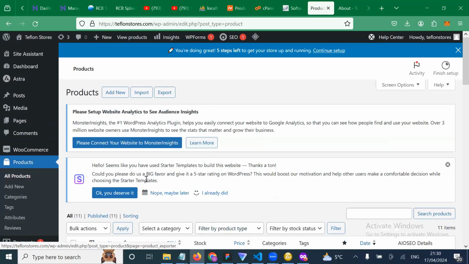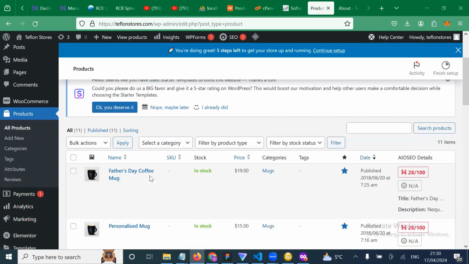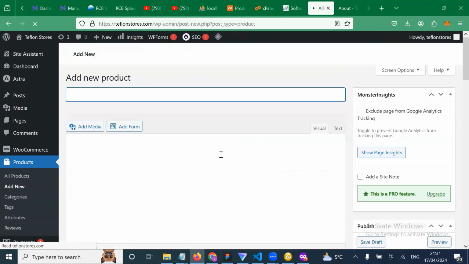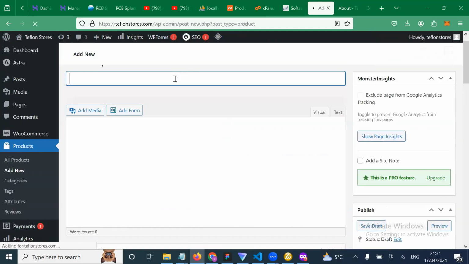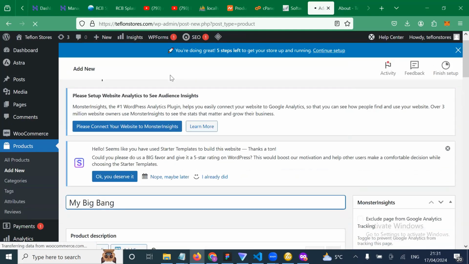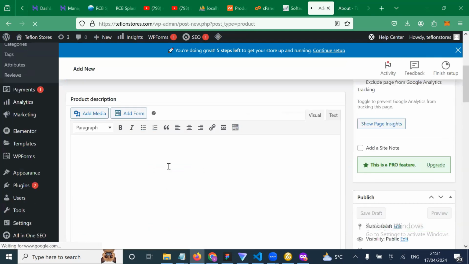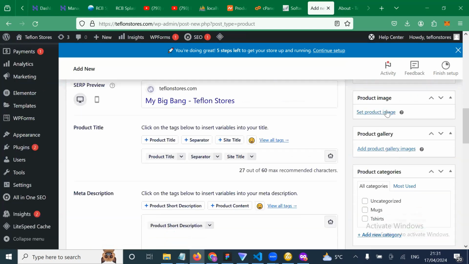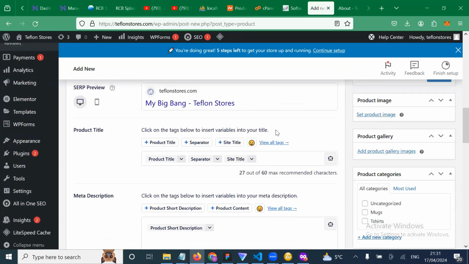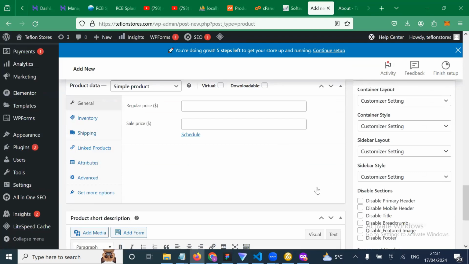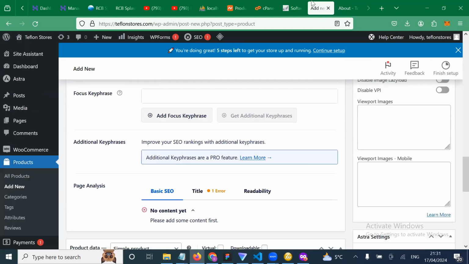So if you click here on add new products, you can put the product name here. Let's say my big bang. So this is the product name. You can always add media or you add from this side, product picture. By adding media, that's the picture of the product. Yes. So the description,